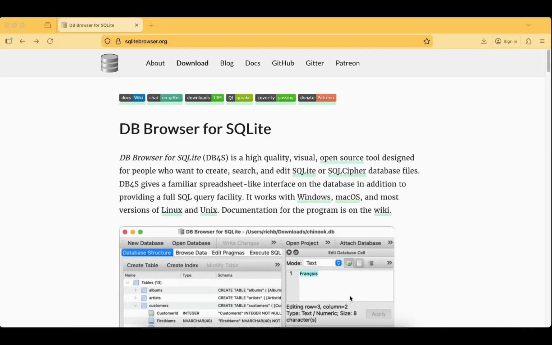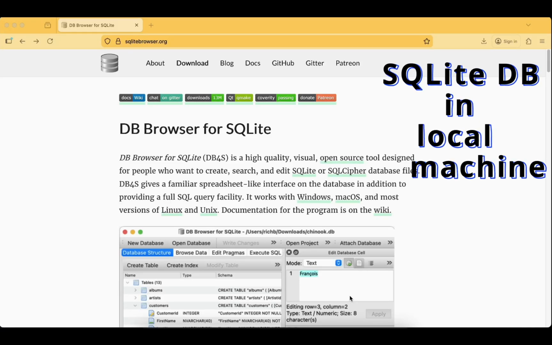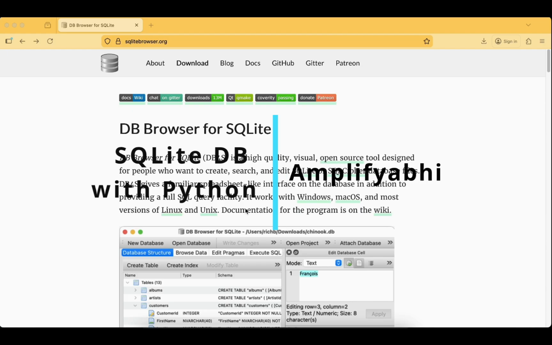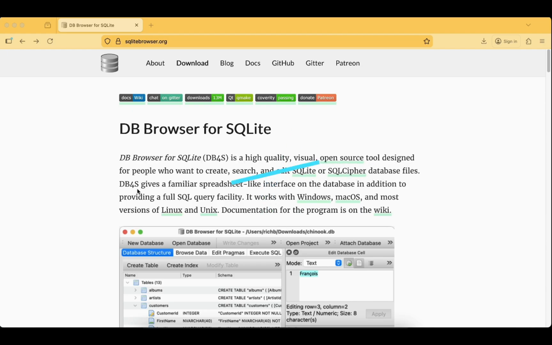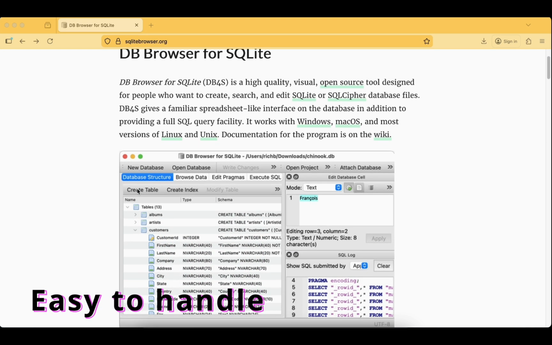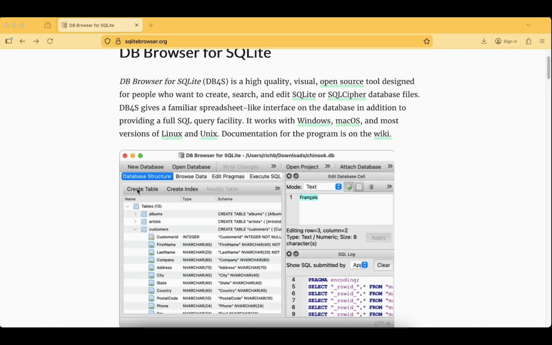In this block, let us quickly try to set up the SQLite DB on our local machine and also try inserting the data through the Python code. And here is the website for the SQLite browser, and again you can choose any browser. I found this one easy to handle, so I'm downloading this particular browser, and the links for this browser I will be providing in the code, and the code link will be in the description section